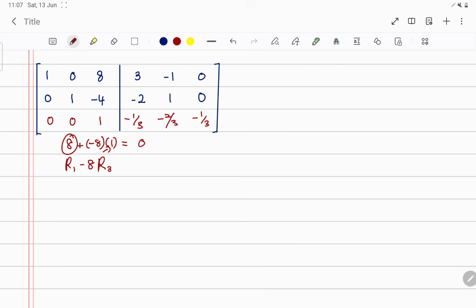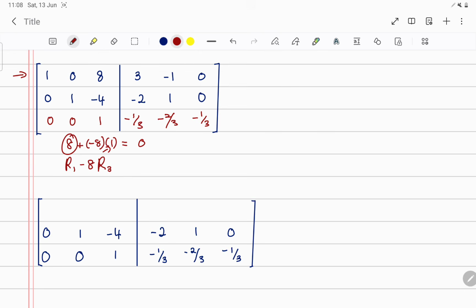Like that. Okay. So here we will change the value from inside the row 1. So row 2 and row 3 we won't change. So right now you can copy row 2 and row 3 as usual. Once you copy row number 2 and row 3, we will apply to row 1 right now. So we have row 1, which is number 1, minus 8 multiply with R3, which is 0, equal to